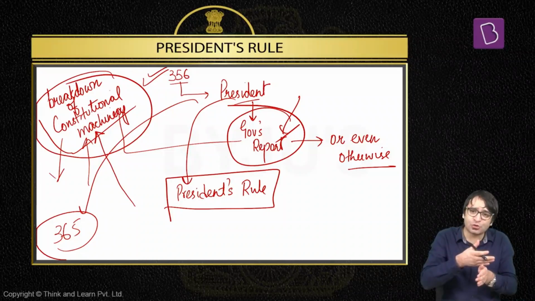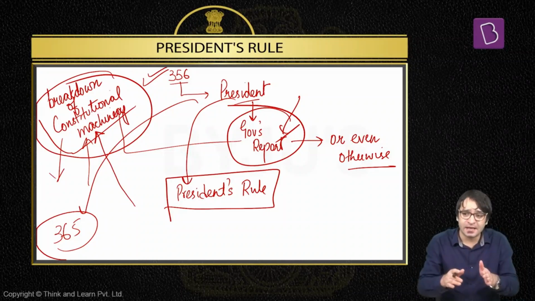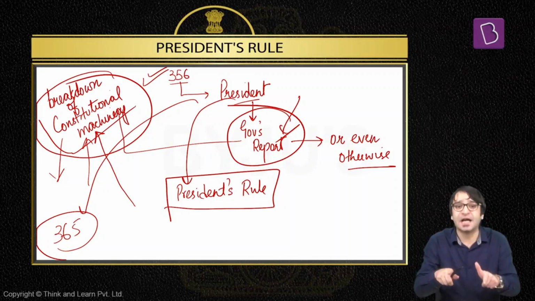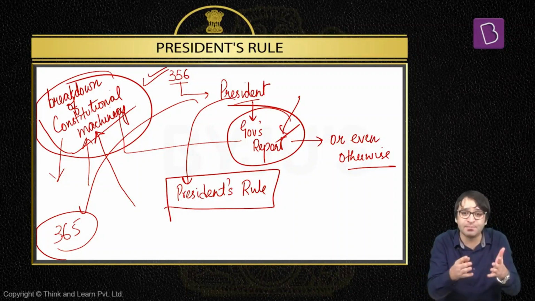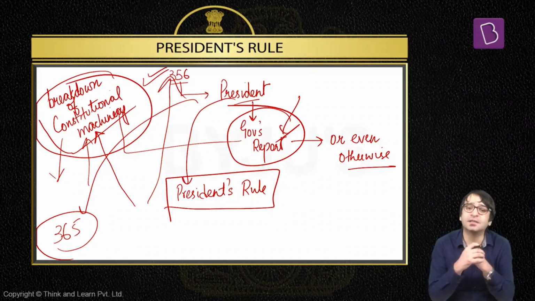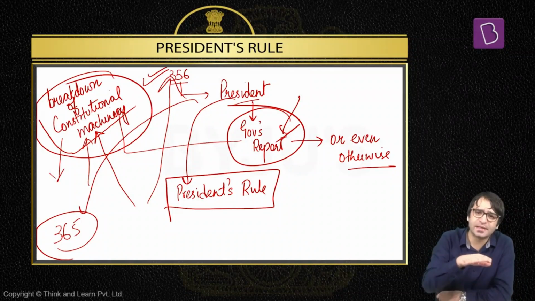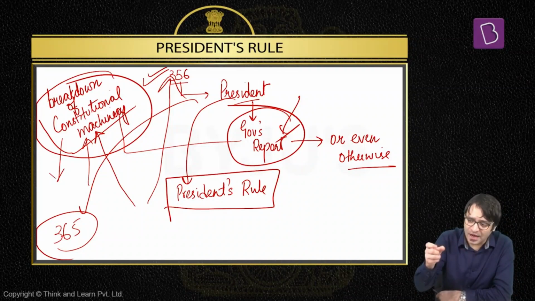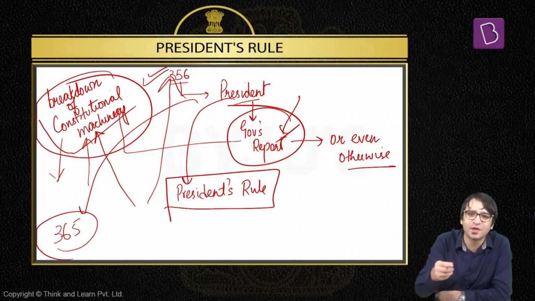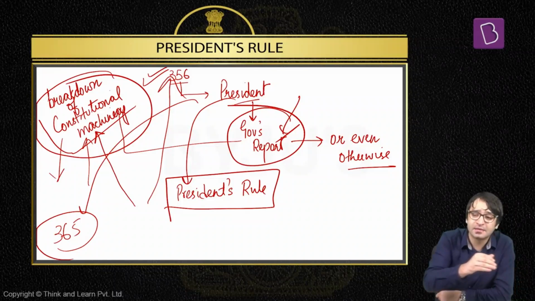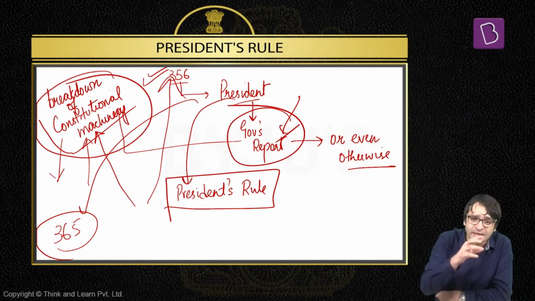If the center issues a directive to a state that please implement CAA and the state is not following this directive, is not abiding by this directive, it can be viewed that there is breakdown of constitutional machinery, and then Article 356 can be invoked, president's rule can be imposed in those states. Similarly, directives are issued by the center to the states regarding means of communication of national importance, post and telegraph, railways, for example. You have to ensure that tribal schemes are conceived and implemented in your states. You have to ensure that children belonging to linguistic minorities are taught at least till the primary stage of their education in their own mother tongue.